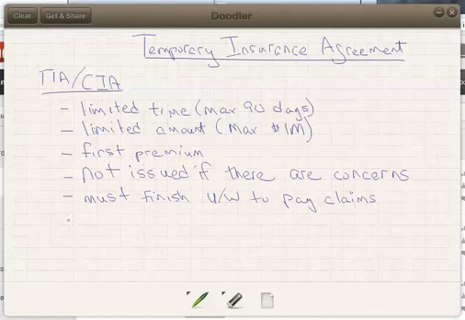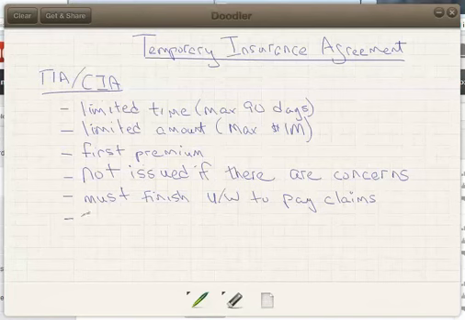If they lied in the application and we shouldn't have issued a TIA, then it doesn't make any sense to pay that claim either. And it's not even necessarily the case that the loss in question has to be related to the issue that the client lied about. It does have to be material, but if the client saw fit to lie about their smoking status, for example, then who knows what else they might have lied about. So we are going to finish the underwriting process before any claim that comes up in the TIA would be paid. If there's a concern there, then that's enough. We would say no, that we're not going to issue that policy, and that would end the TIA,